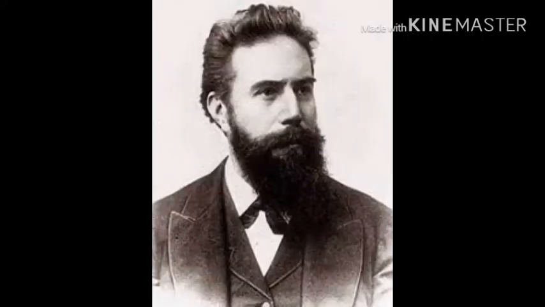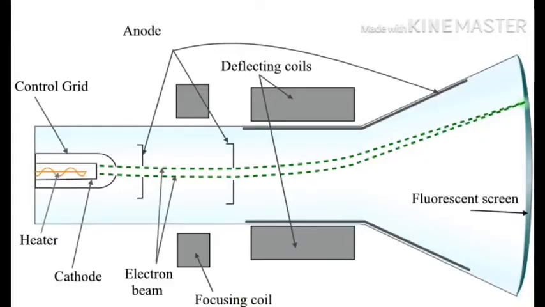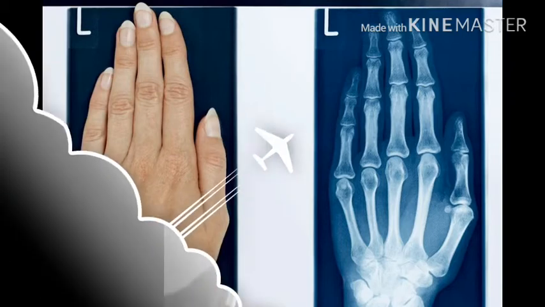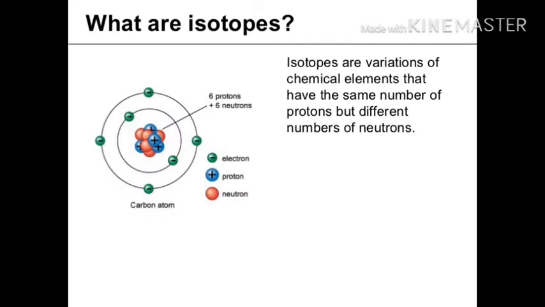In 1895, Wilhelm Röntgen used a CRT to observe fluorescent chemicals. Further experiments found very penetrating rays coming from the CRT that were not deflected by a magnetic field. He named them X-rays. In 1903, Rutherford and Soddy observed spontaneous transmutations of radioactive elements into variants he called isotopes, or totally new